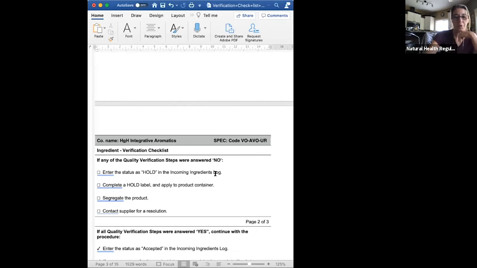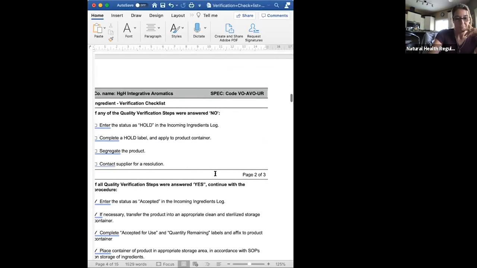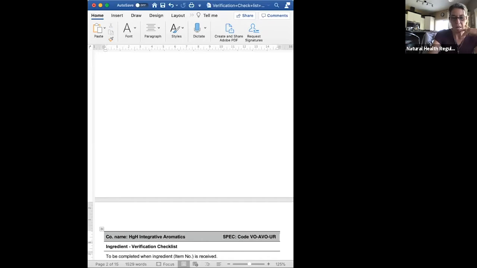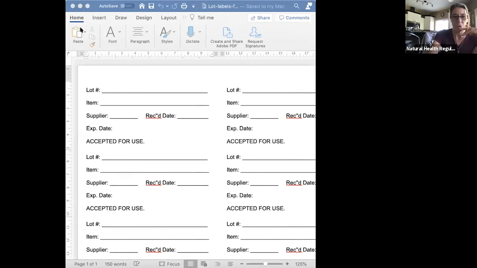So if any of the quality verification steps were answered no, then this is what our process is. Again, that links back to what your SOP is and your good manufacturing practices. You should also have, and it will populate in theory,